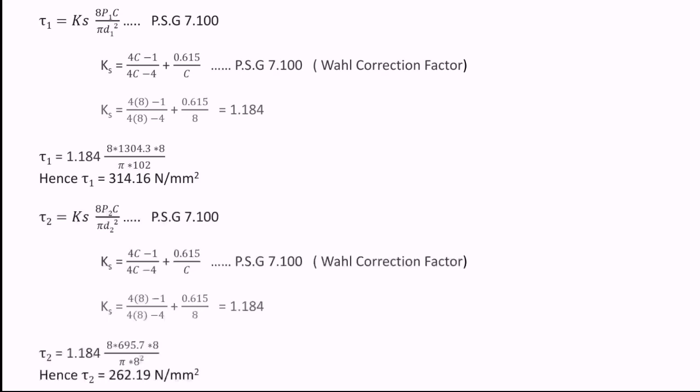So in the question it was asked for the maximum load carried by each spring, that is P1 and P2, which we have already found. The total deflection of each spring, delta 1 or delta 2, is already found, and lastly the maximum stress in each spring, which we have also found out now as tau 1 and tau 2. This completes the solution. Thank you.